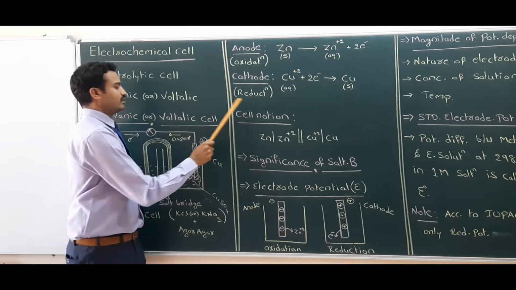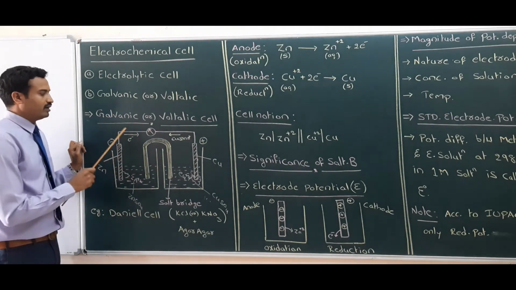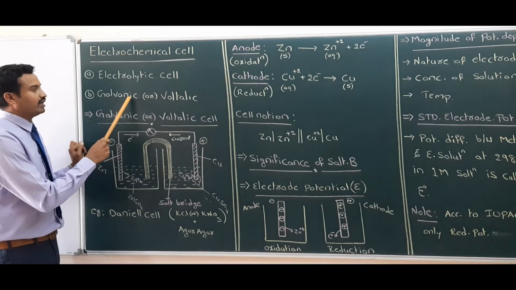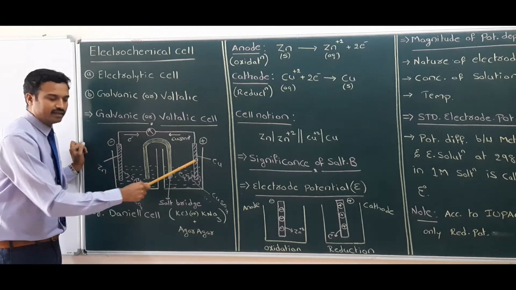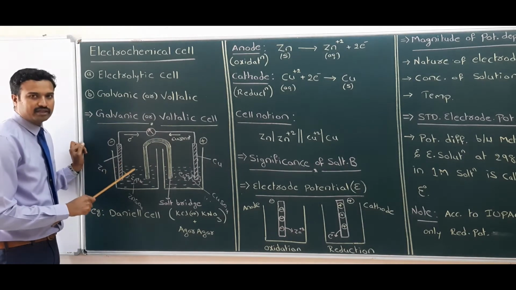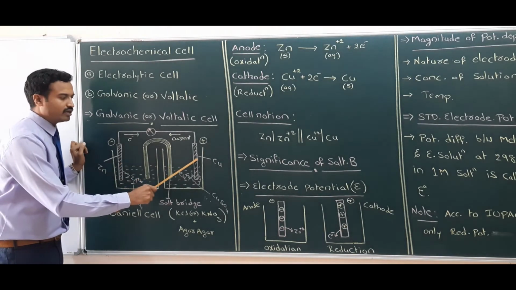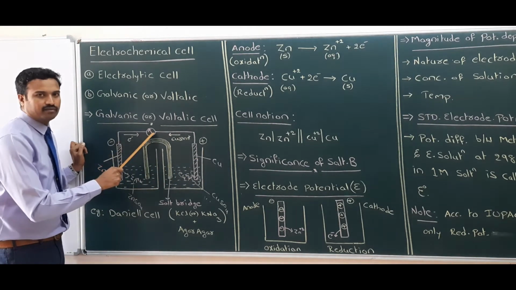Next up, this is about the cell reaction in Daniell cell. Again, this is a galvanic cell. If the electrodes are zinc and copper, this cell is a Daniell cell. Zinc rod is dipped in zinc sulfate solution, copper rod is dipped in copper sulfate solution. Both are connected with the voltmeter.